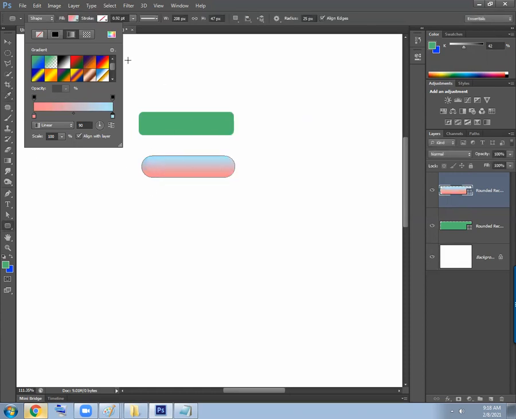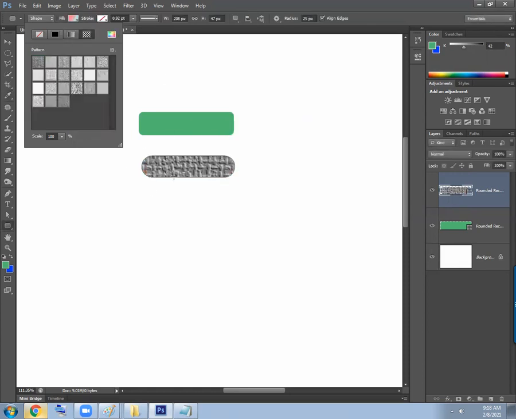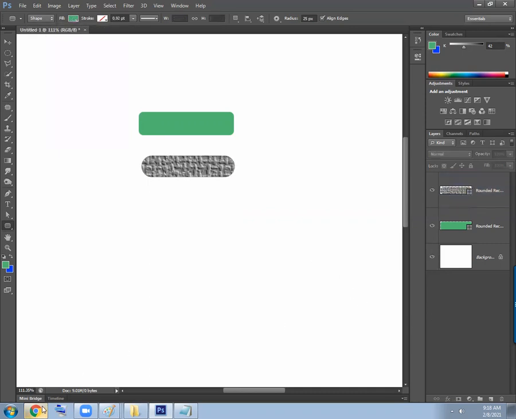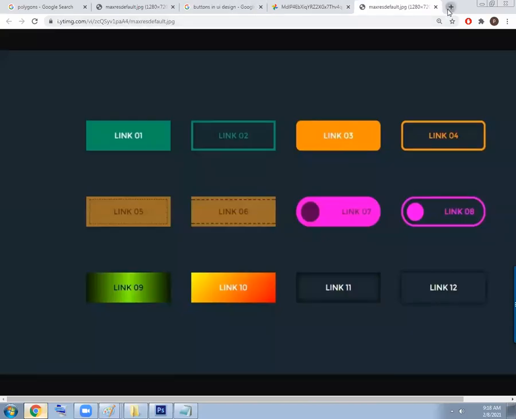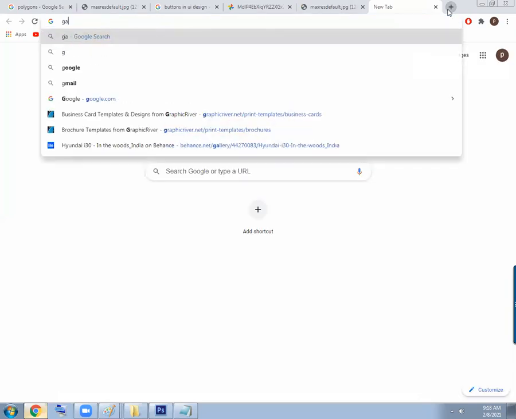You can edit the gradients. You can have a texture if you want. In games, you see textures. In game buttons, you see textures. Game design, game UI design. If you're designing for a video game,